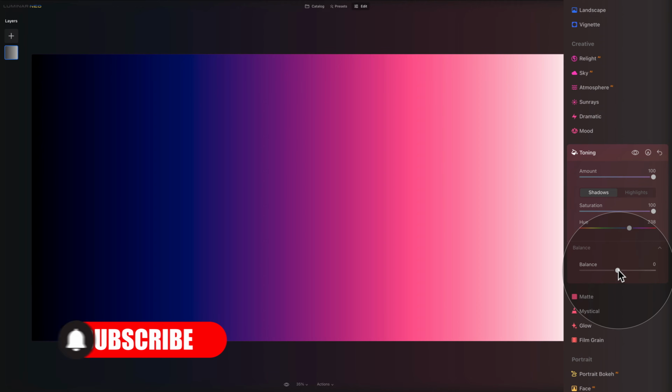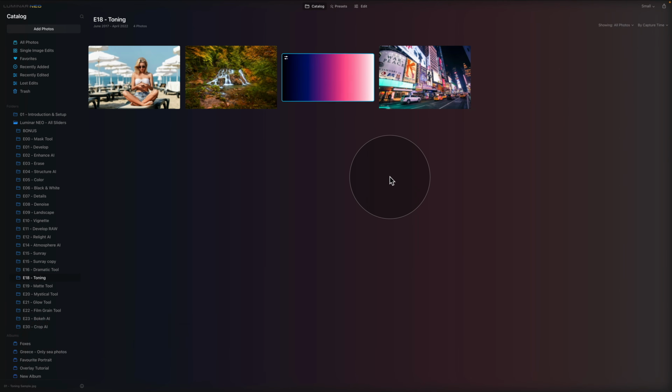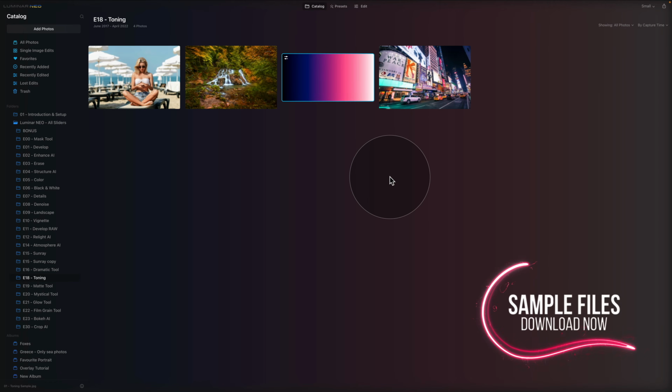But of course, this is very basic on this black and white image, but let's see how we can use it in an actual real image situation. So we are here in Catalog, and before we start editing, I just want to remind you, if you want to follow me along, make sure you jump into the description, follow the link there, and that will bring you to our Dropbox account, and you can simply download these sample files and follow me along